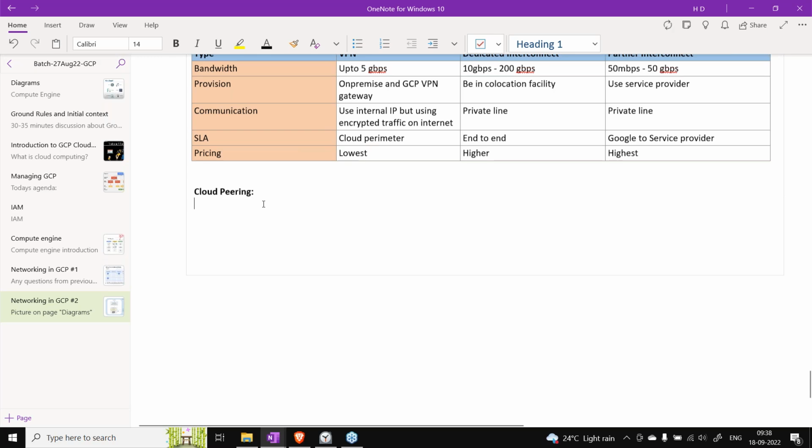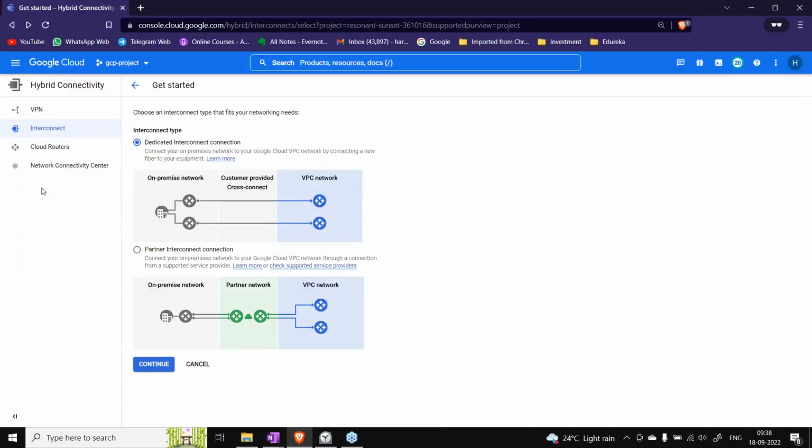It's being used very rarely, and I don't find it anywhere on the Google console where you can create it. But I know that you can create a cloud peering, and a couple of questions are asked on it from the certification perspective, so I just wanted to talk about that as well.